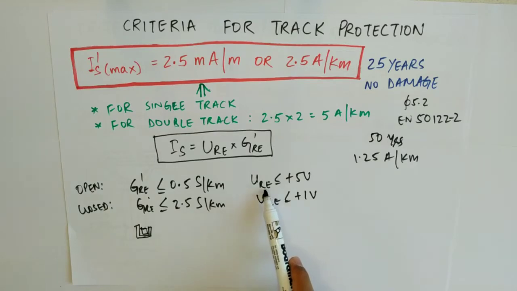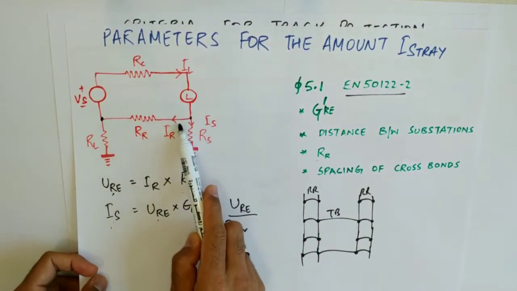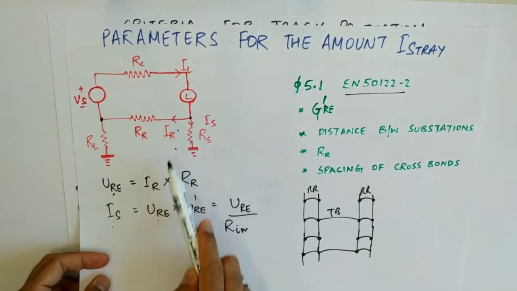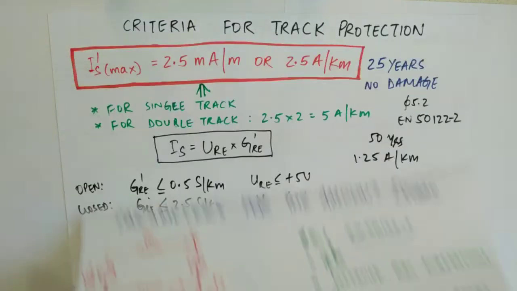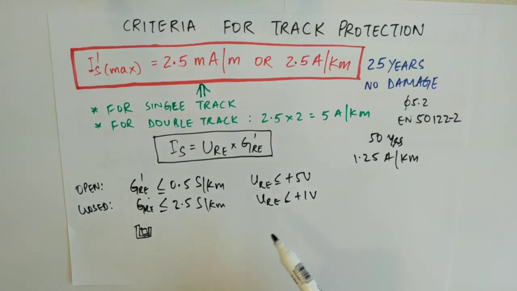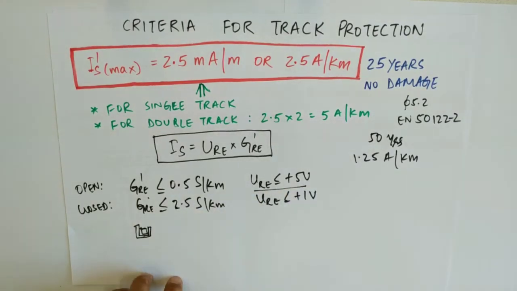However, this value can be increased. This value is generally increased if you have a headway of 90 seconds or 120 seconds. That means more number of trains will be running in one section. That means this IR will increase. If IR increases, your rail potential will increase, thereby increasing your stray current. So this has to be kept in mind, that this is only valid in case your URE is less than